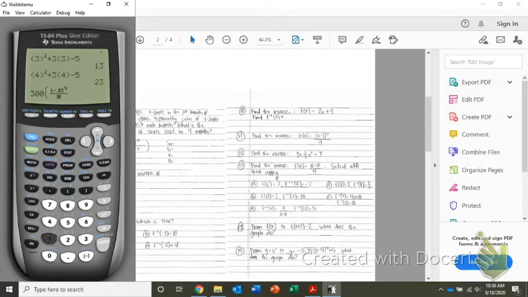On the bottom, we have 1 minus r again. You close your parentheses, and you should get that you sell